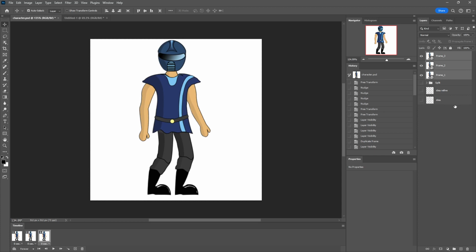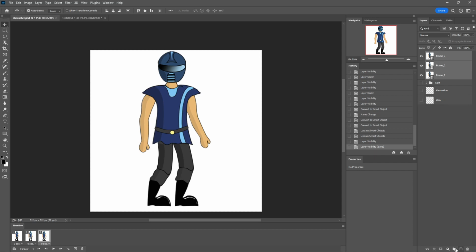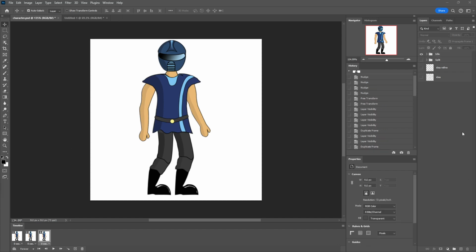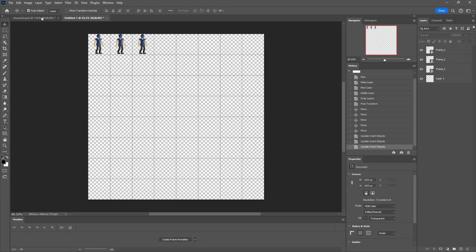And lastly, make sure again you save. And make sure that you put these frames, because I made 3 frames. This will be idle. Last thing, make sure when you save this,